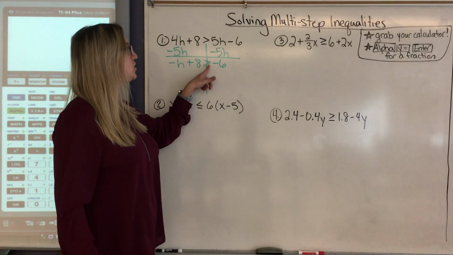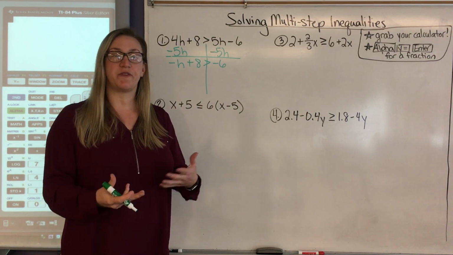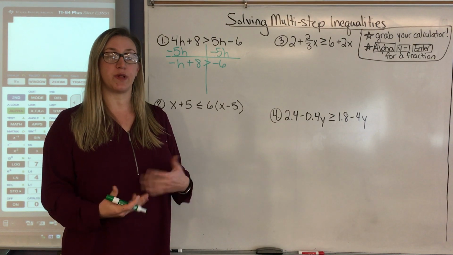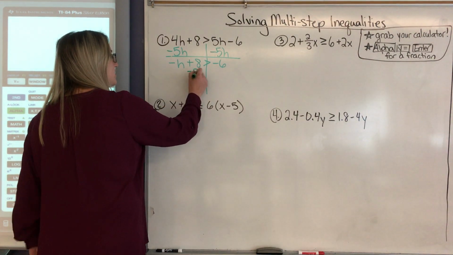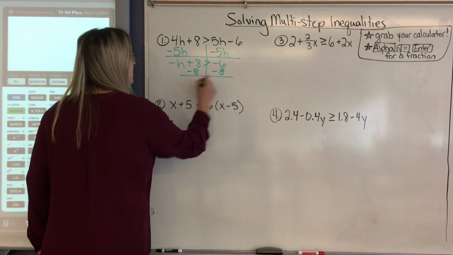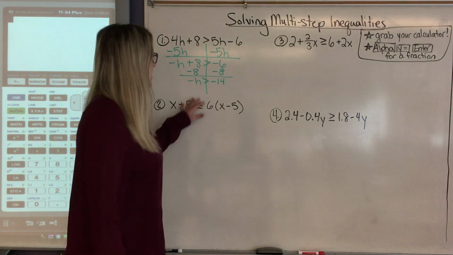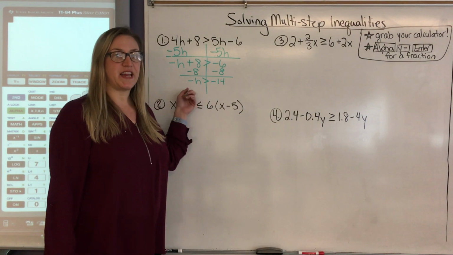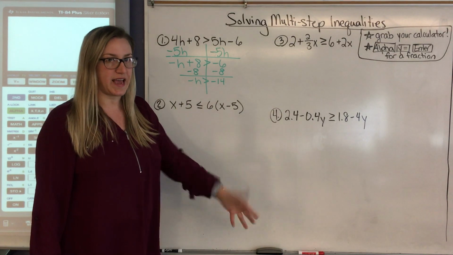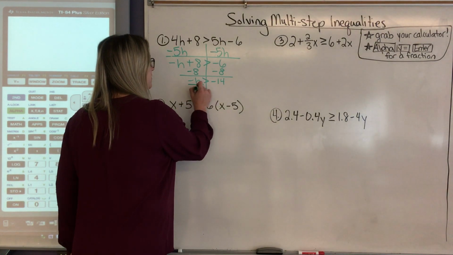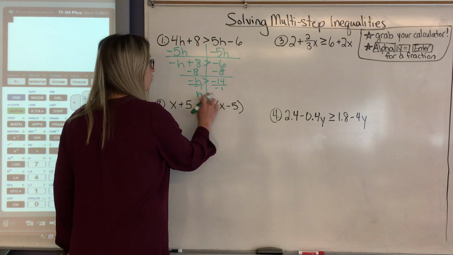So I'm going to continue this symbol until the very end, in which I will figure out if I have to divide or multiply by a negative. Now I have this plus 8 that I'm going to subtract from both sides, and -h is greater than -14. This is not the most simplified answer, considering this is -h and I'd like it to just say h. So I will divide both sides by -1 and have h is,